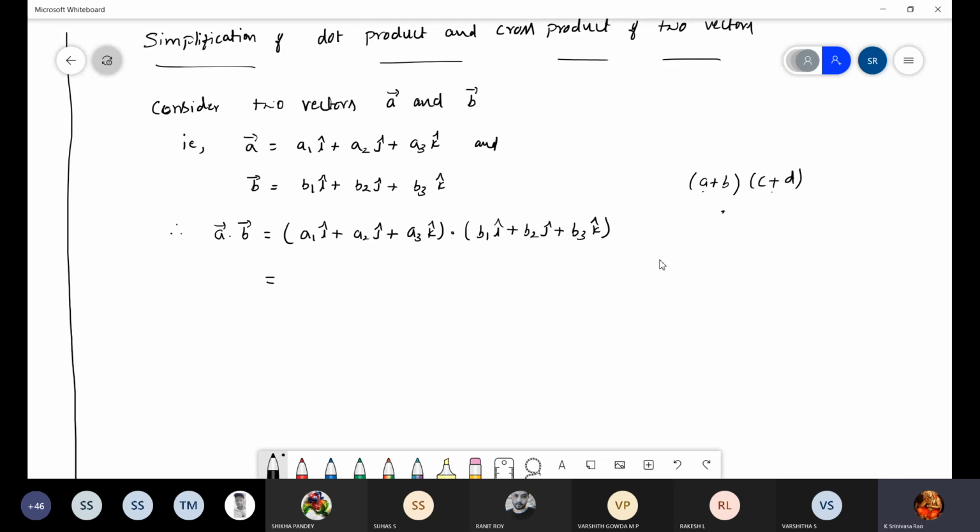First A with C, I will write AC, then A with D, between plus AD. So like that I will write BC plus BD. Okay, correct? We will write the usual multiplication. But here it is the same usual multiplication.